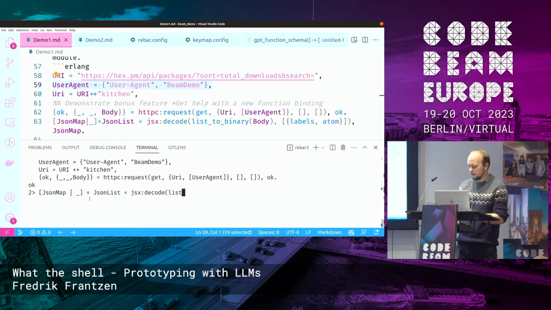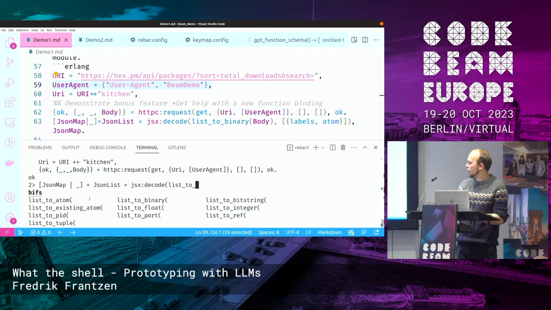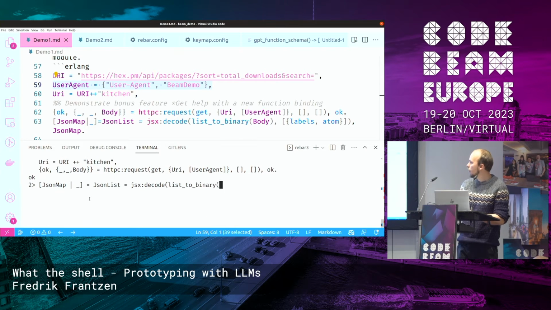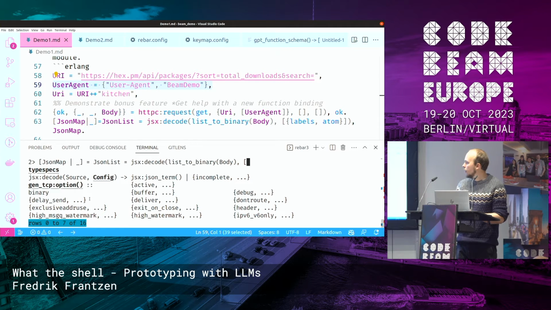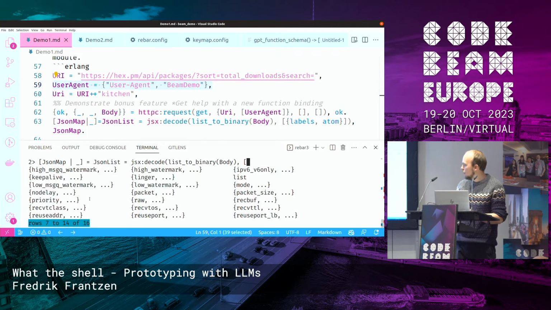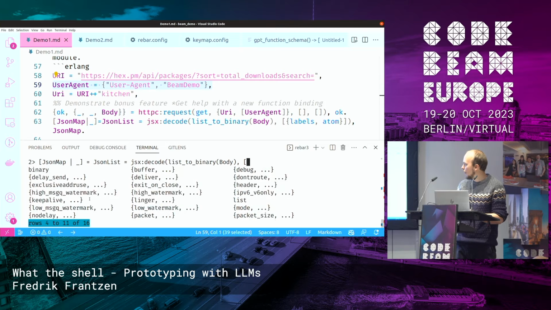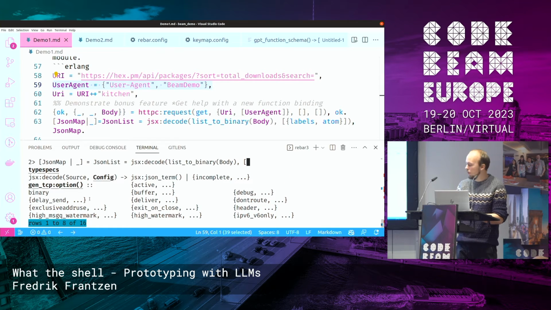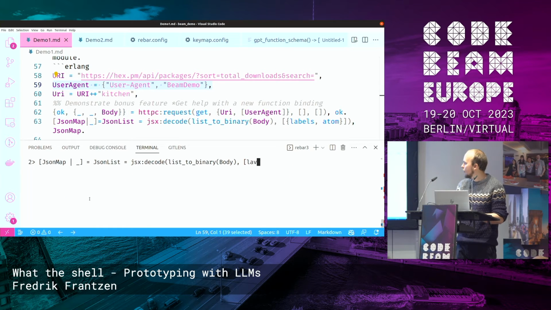So list to binary, and then the body in here. And then I can see that it can be configured with different options here, but it actually is missing the one with labels. But I know that it's possible to do that, so I will just add that one.